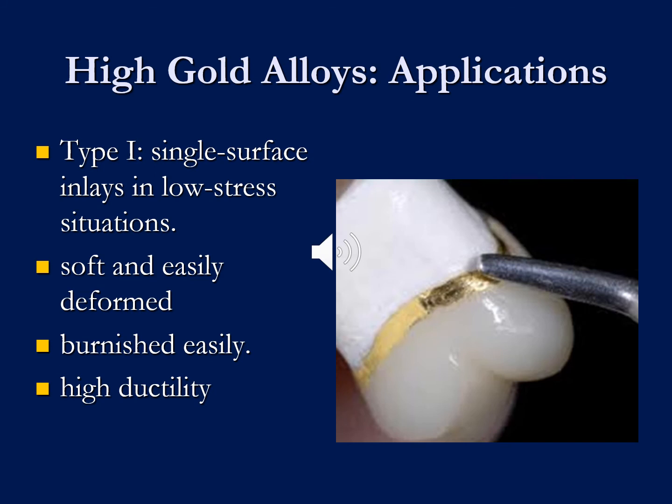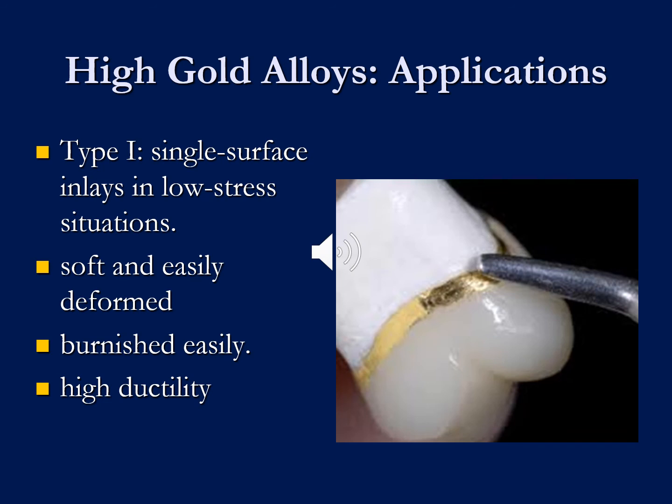Type 2 alloys. These can be used for most inlays. However, those with mesial occlusal distal sections should be avoided, as deformation is still a possibility. Type 3 alloys. These can be used for all inlays, onlays, full coverage crowns, and short span bridges. Cast posts and cores because of their great strength compared with type 1 and type 2 alloys. However, they will be more difficult to burnish and have a higher potential for localized fracture if they are burnished